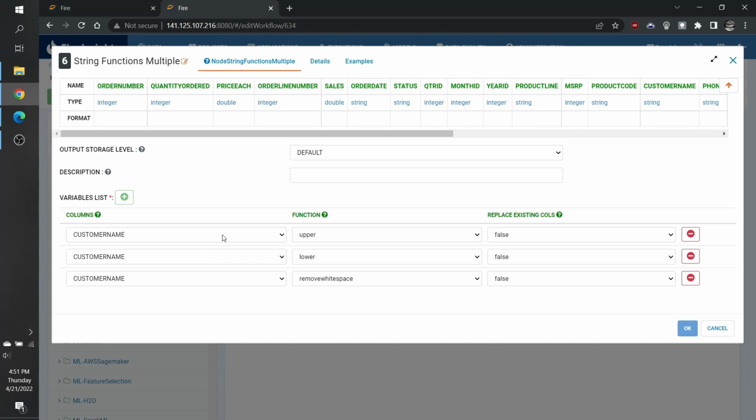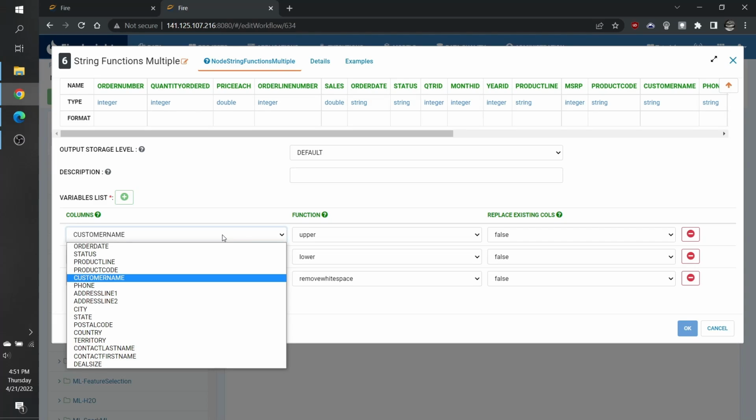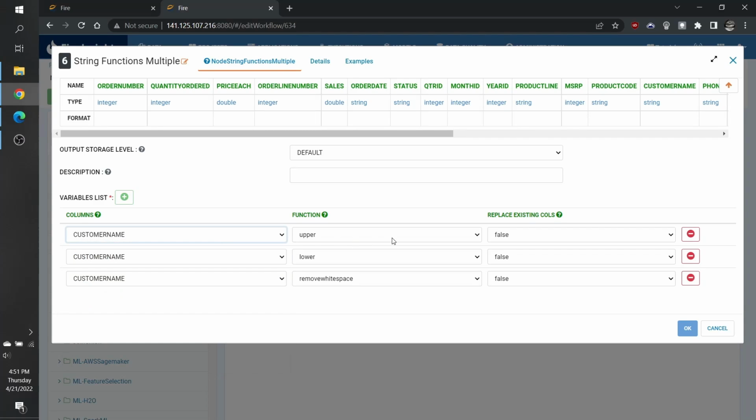Now that we've added variables to our variables list, we can configure each one. First, we select a column. This must be a string column in order for the node to work correctly. Then we select the function which we want to be applied, either to trim it, to upper or lower, which change the case of the entire